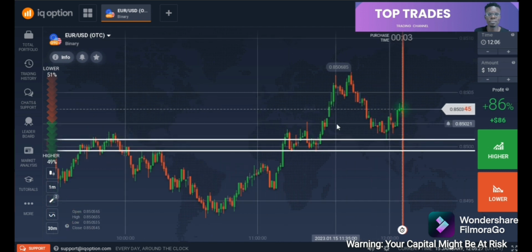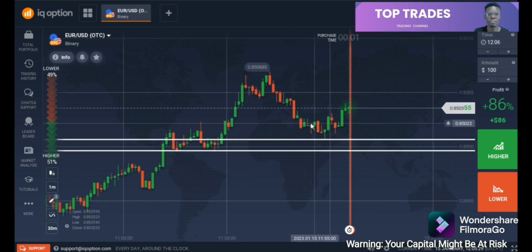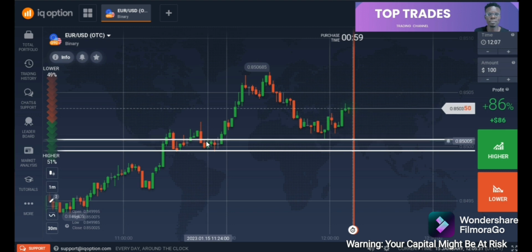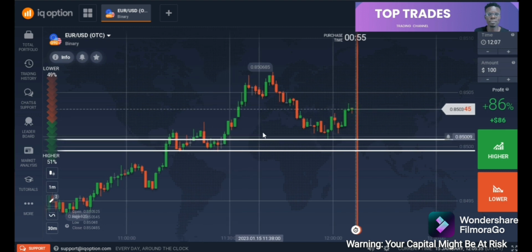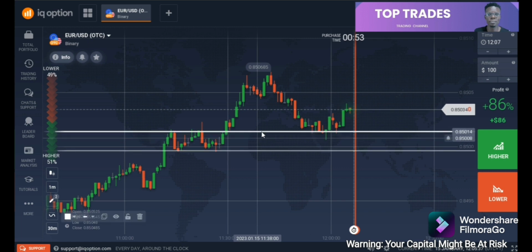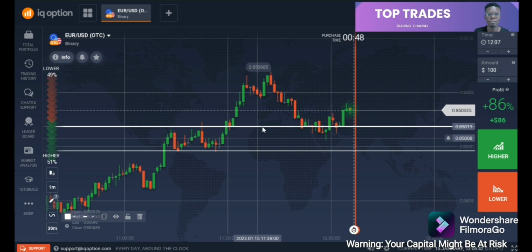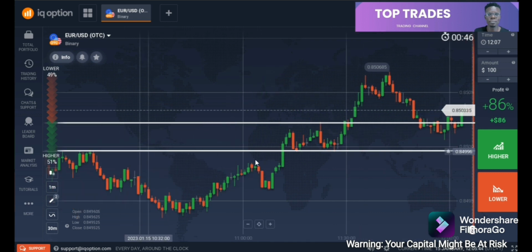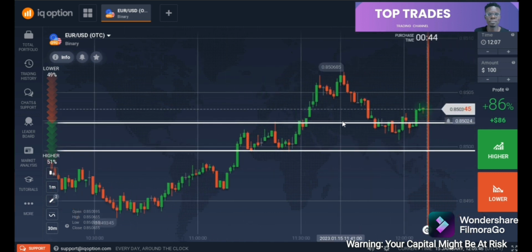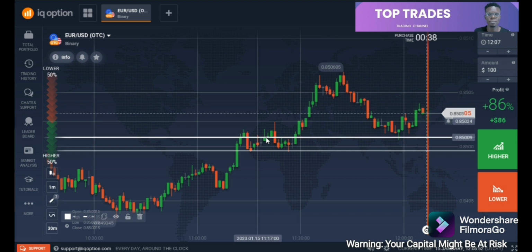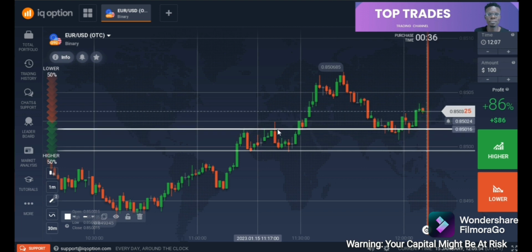So I was waiting for the market to get really weak, which we had a line here. I thought the market would be weak around here, but it didn't happen. So we brought the lines further down to this level, and then we got the lines back. So we used the whole of this zone